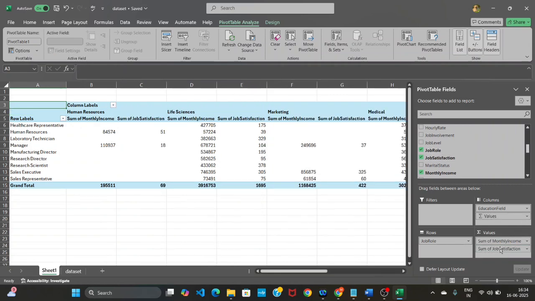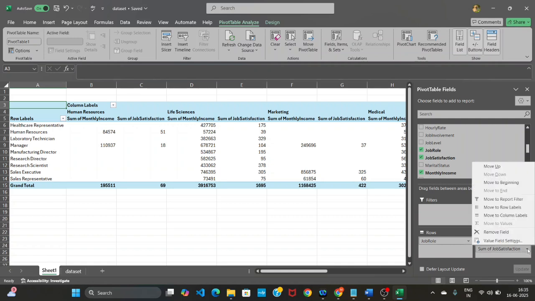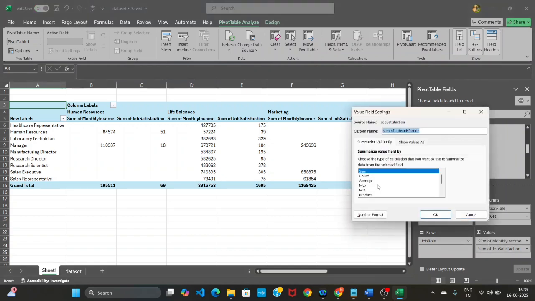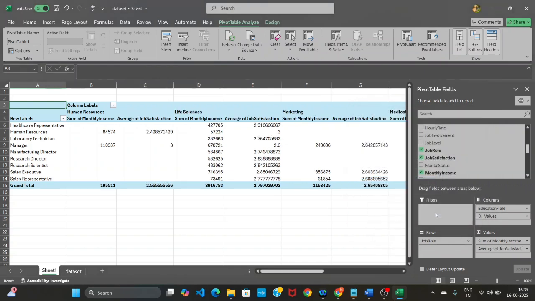but here instead of sum I need average. Just click on this, and here you can see value field settings. Click on here, and here I'll select average and click OK. So now